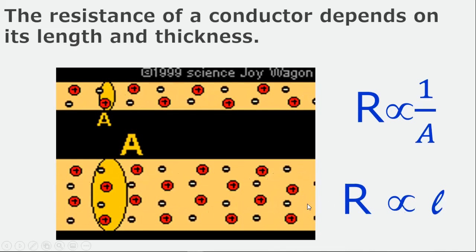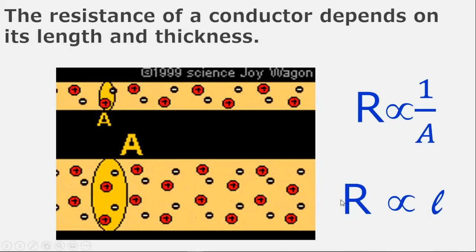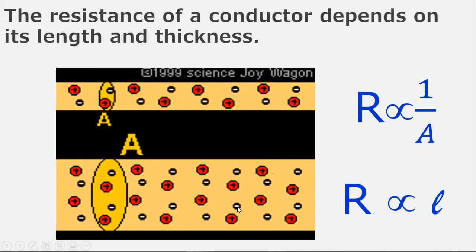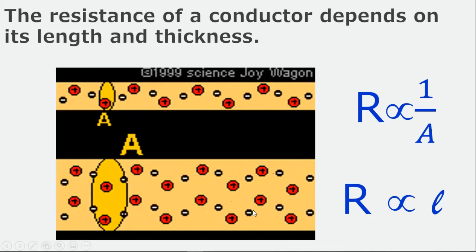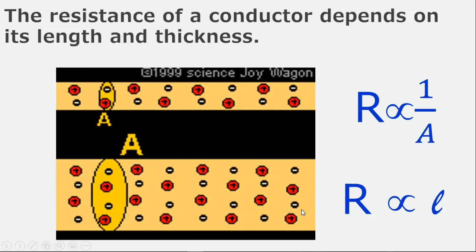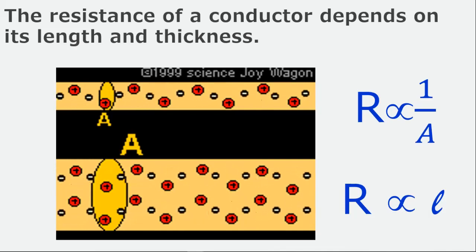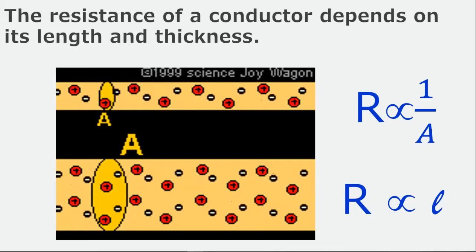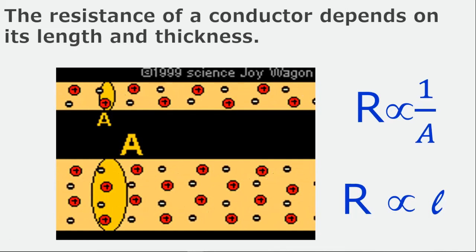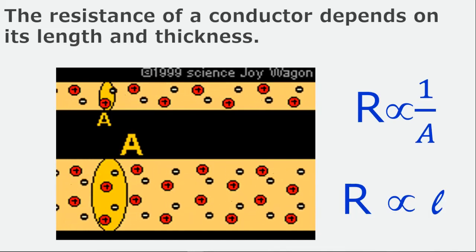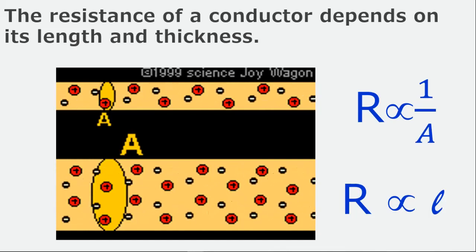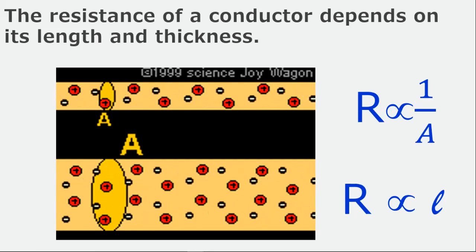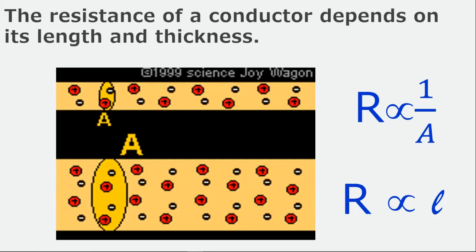length of a certain material, the greater the resistance that we have, because the greater the travel time and the greater the distance that the charges travel. Notice that the electrons seem to be moving at the same speed in each one, but there are many more electrons in the larger wire. This results in a larger current, which leads us to say that the resistance is less in a wire with